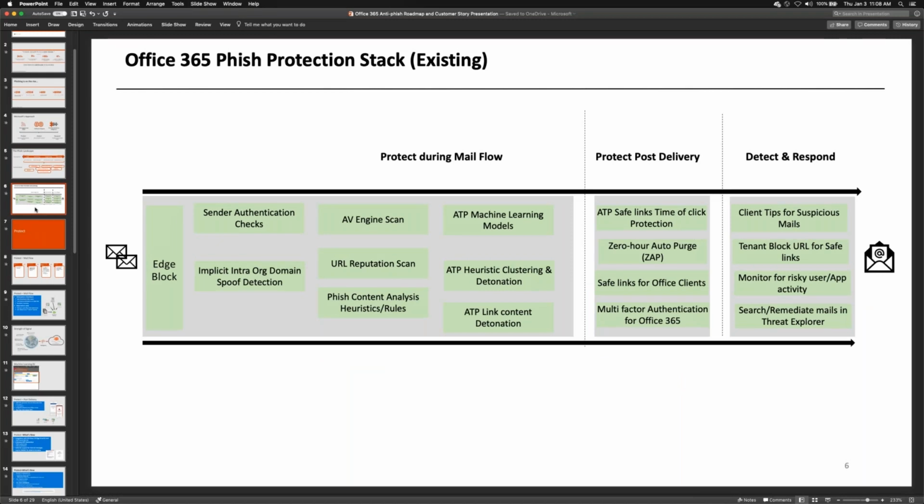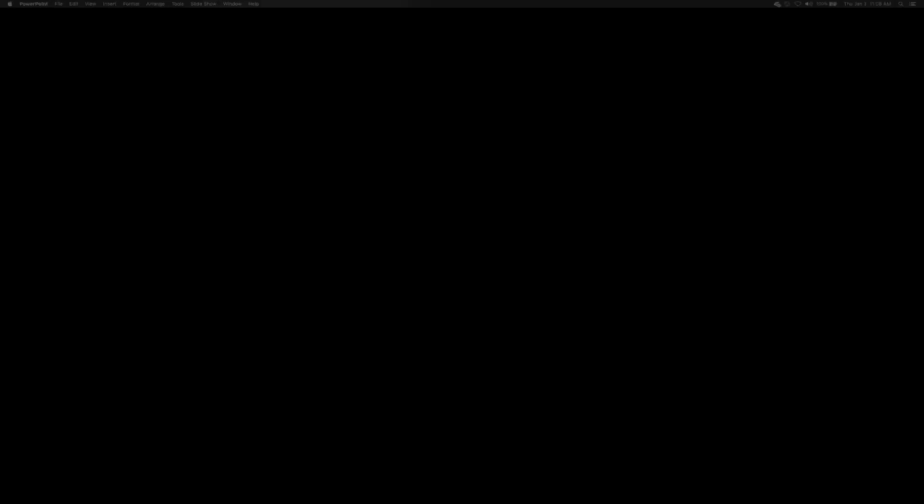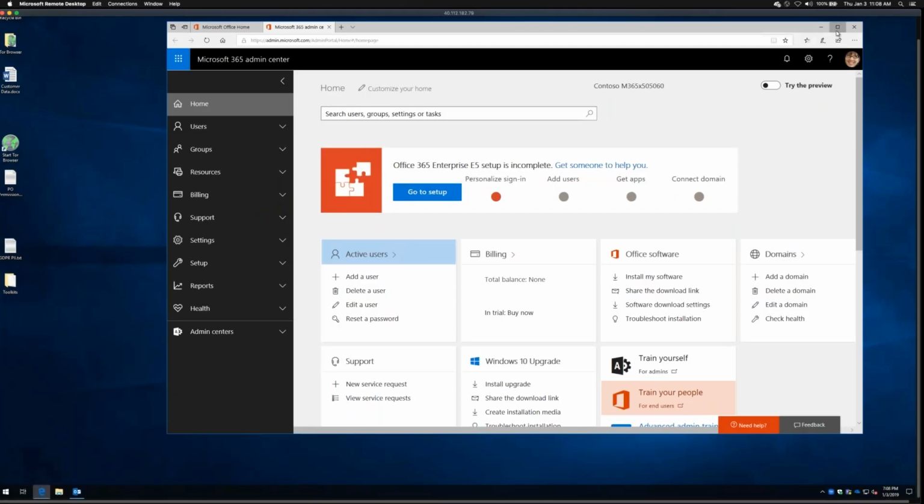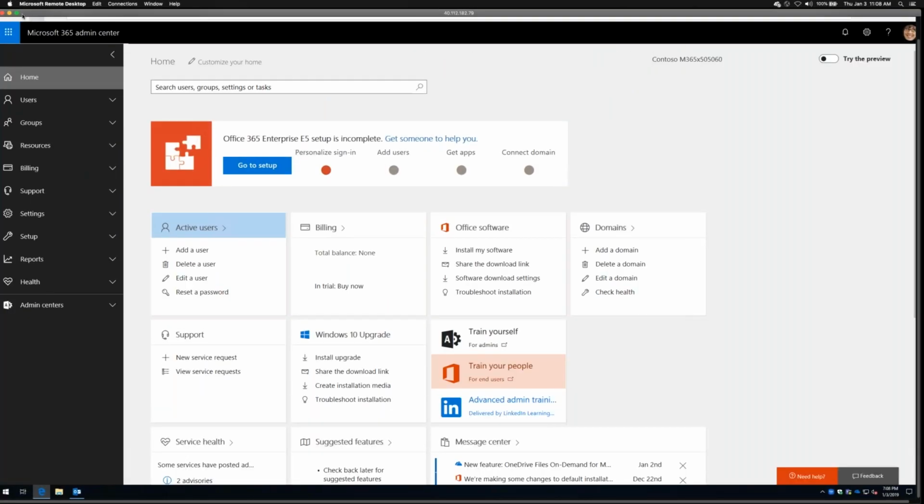And so we do that through 2 different mechanisms. The first mechanism is called Exchange Online Protection. And the second one's called ATP, or Advanced Threat Protection. And both of those work together to help protect you against this. So here in this diagram, you can kind of see some of that. So enough about the PowerPoint. We'll close that for now. We'll move back over here to my remote desktop, and we will go through the admin console. So we'll just make this full screen, a little bit easier to look at here.